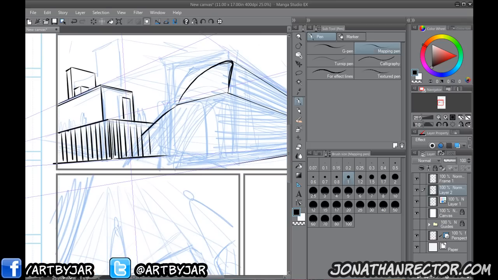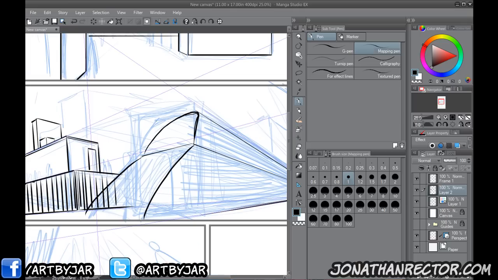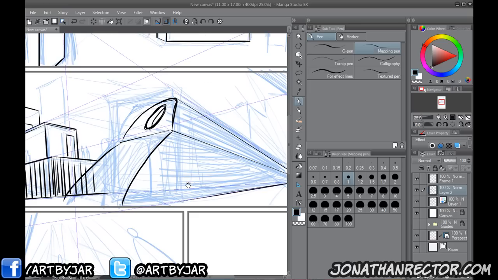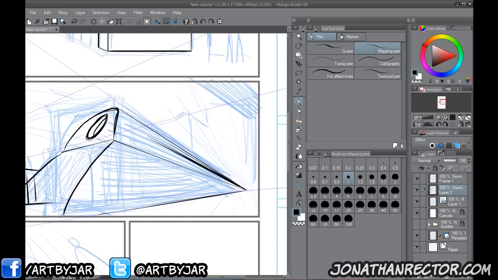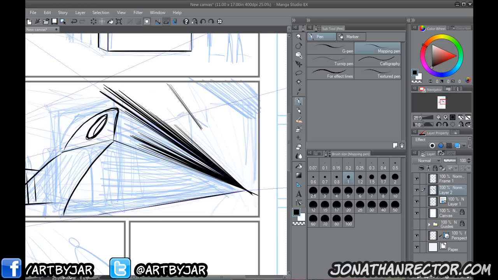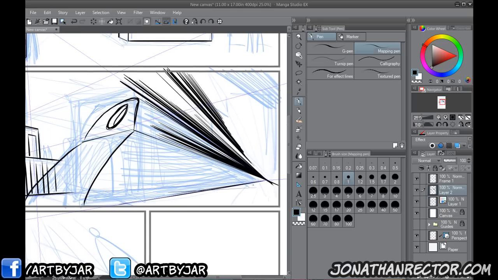Real sloppy with this. And some of these things will take some time, like we're getting into complex shapes here with circles and stuff. But now that I have a 1-point perspective, I can just start sketching in like this. It does need some cleanup, but it really doesn't take too long to get a nice speed line happening here. You're going to get action like that, so you can't go totally crazy.